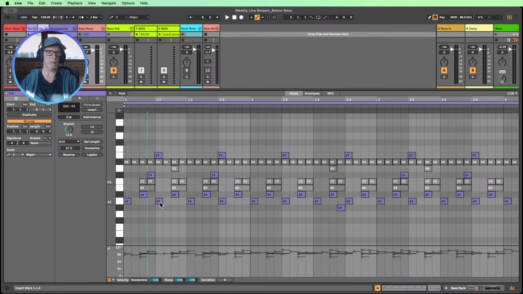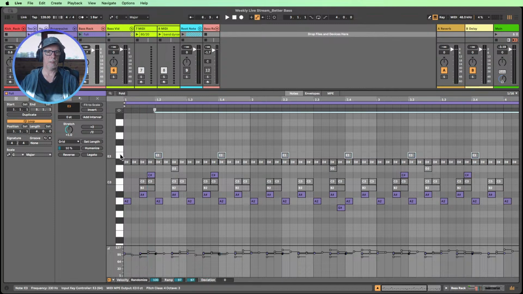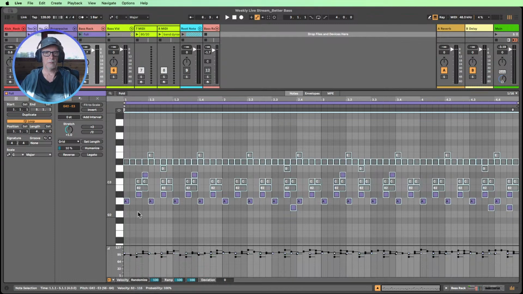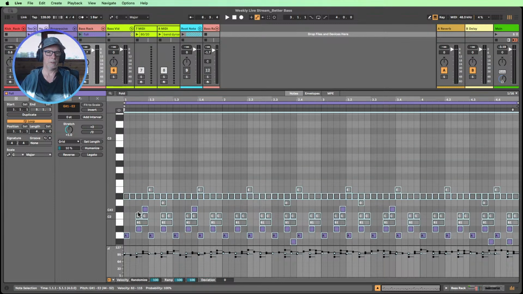And what you can see is we've got a little bit of a sequence going on down here. Might also take that one out. And now we've got this real basic sequence down here going on, repeating, repeating, repeating across the track. So let's select all those notes. And now we want to bring them down a bit into bass territory. They're pitched up a bit high. So let's bring them down.